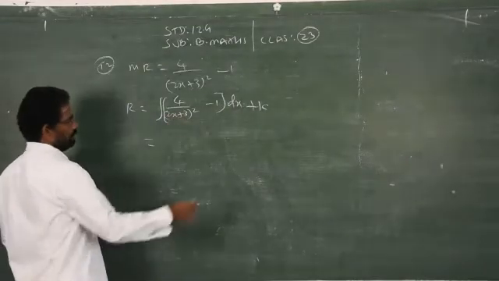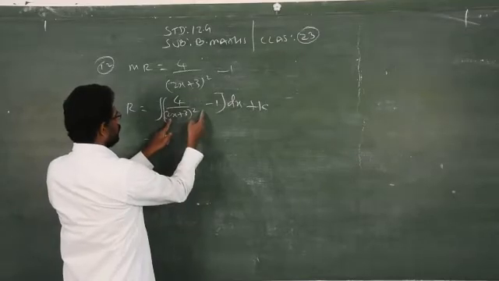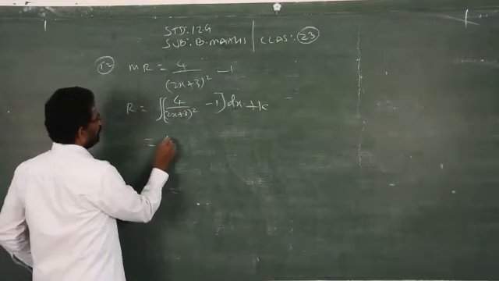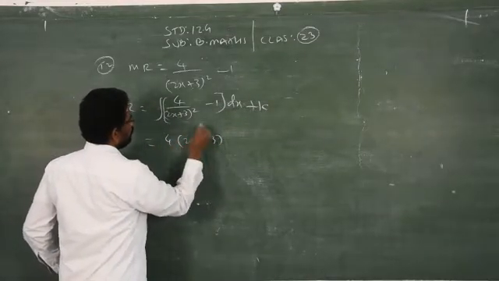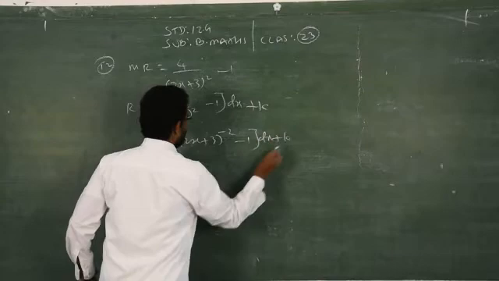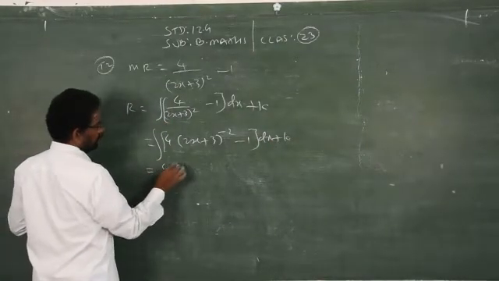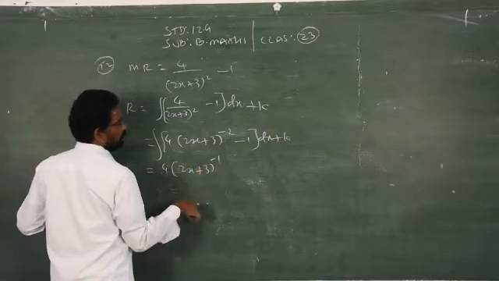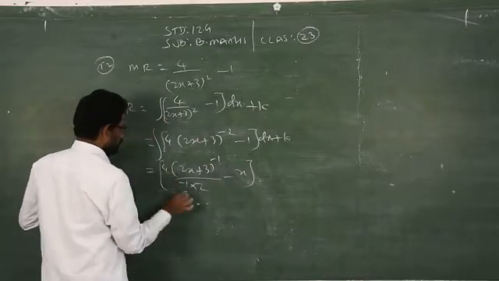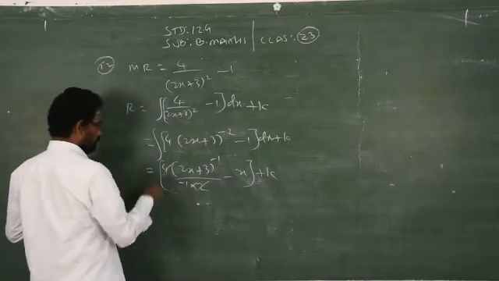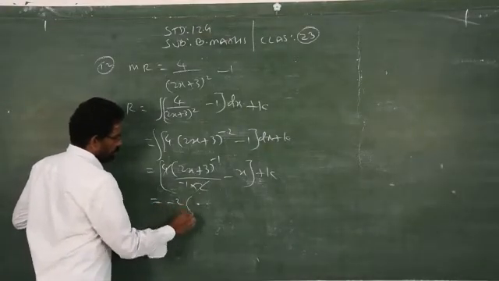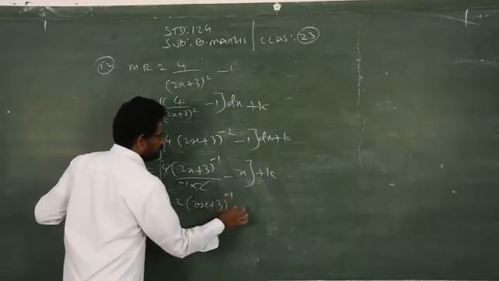So, this you know already. I taught that when the variable is alone in the denominator, you can reduce the power to 1 and write it as a multiplier, and change the sign in the numerator. Clear? So 2x plus 3, bring it to the numerator with power minus 2, minus 1, into dx plus k. So now the integration of (2x plus 3) to the minus 2: add 1, same result, into 2, minus x plus k. 2 will go into 4 how many times? 2 times. So take the negative sign to the numerator: minus 2 of (2x plus 3) minus 1, minus x plus k.